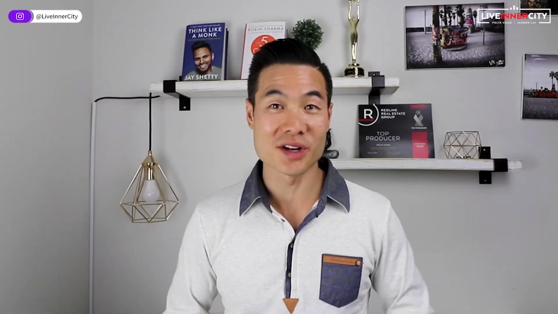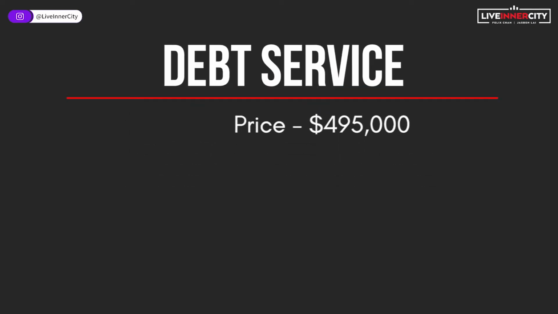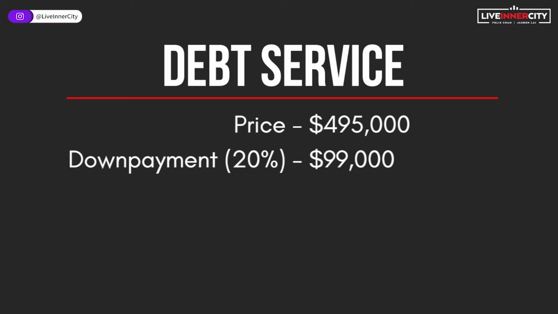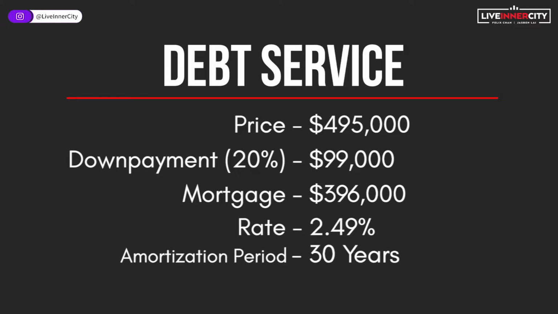Okay, let's dive into the numbers. Let's talk about the debt service first. Now the price is $495,000 with a down payment of 20% is $99,000. Your mortgage is gonna be $396,000, your rate of 2.49%. Amortized over 30 years, your monthly payment is gonna be